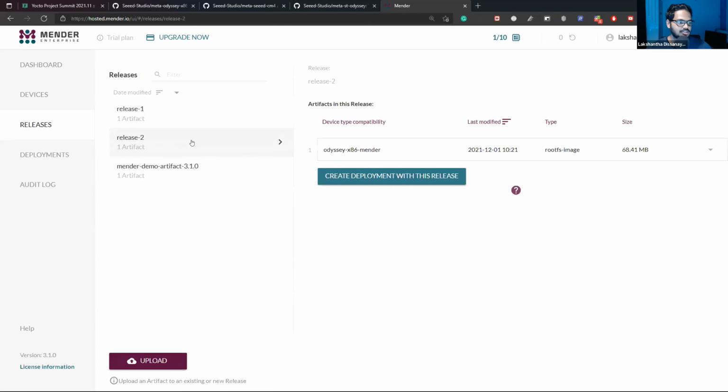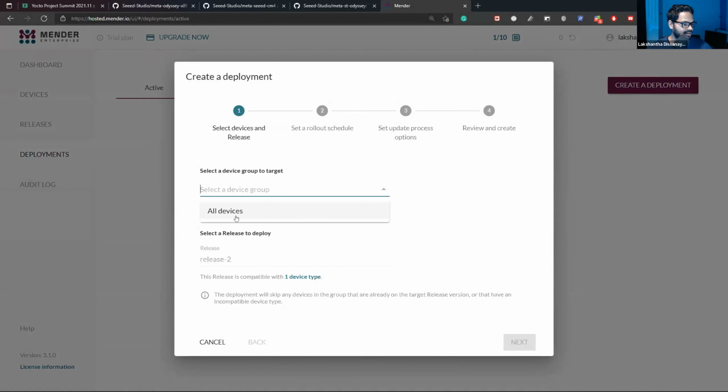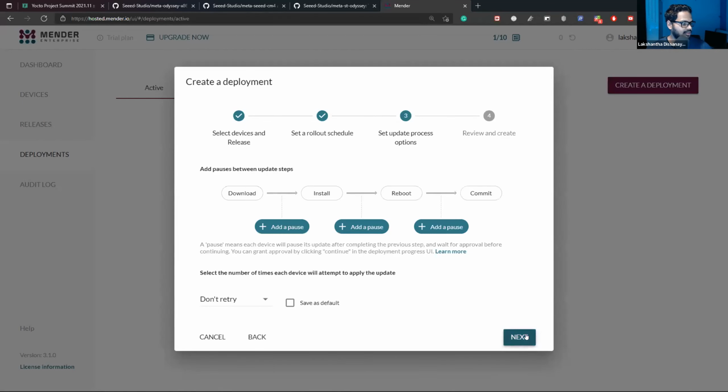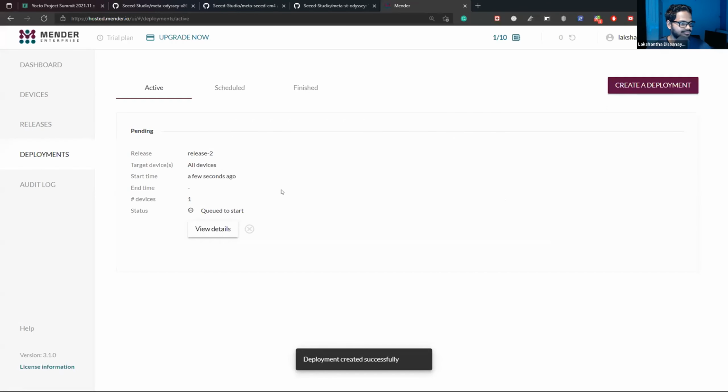This is release 2. So let's now create a deployment with this release. So I will select all devices as the device group because this is the only device that I have connected to this Mender server. So I will go through creating the deployment next. And then finally, I will create the deployment.